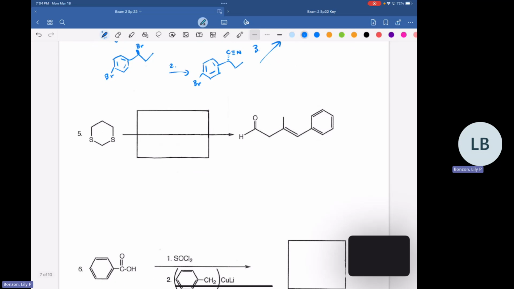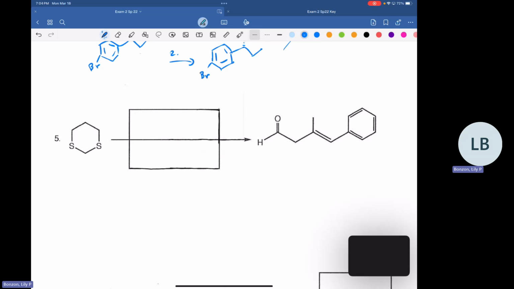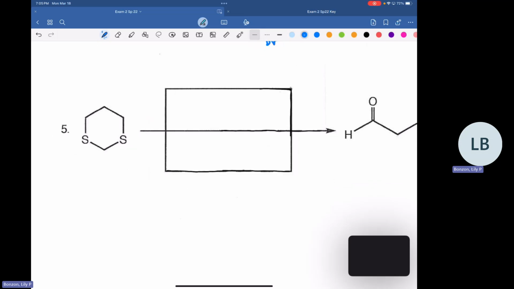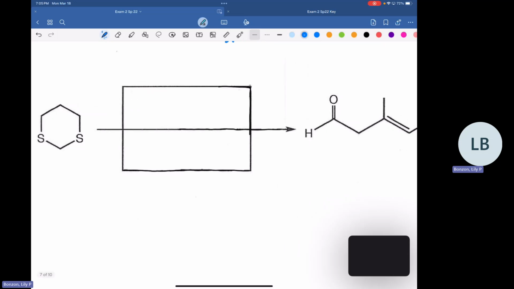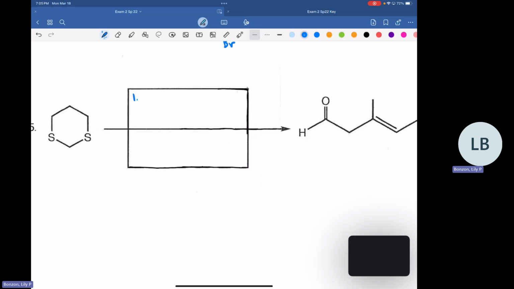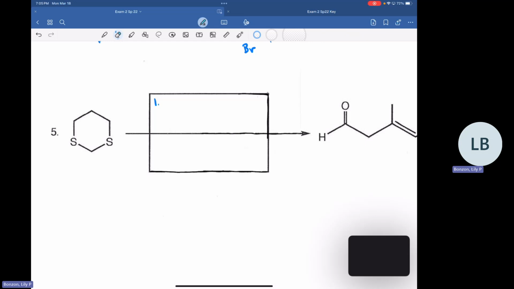All right. Okay, this one's interesting. If I recall correctly, this one's probably pretty recent. But this dithiane, I think is what it's called. We can use this one to create aldehydes and ketones. So it's a very strange way to create an aldehyde or ketone, but we can do it. And the biggest thing to remember for these ones, there probably will definitely be a question like this on your exam with this structure here.